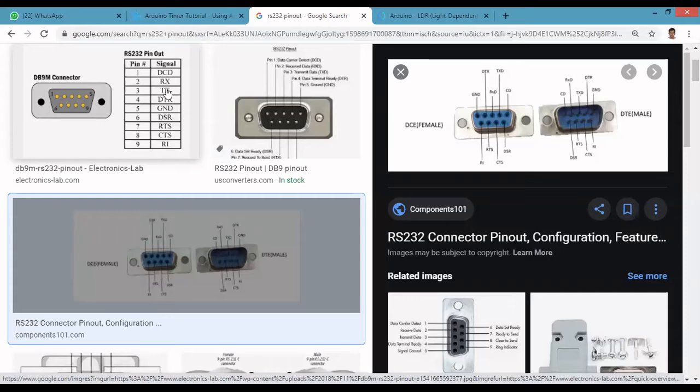But in handshaking mode, first there is request to send. RTS means request to send, and CTS means clear to send. Next one is data terminal ready, and data set ready. First it will check whether the receiver is ready or not. If the receiver is ready, it will give one acknowledgement. After the acknowledgement, the transmitter will tell that it is going to send the data. After that only it will send the data. That is called handshaking signals.